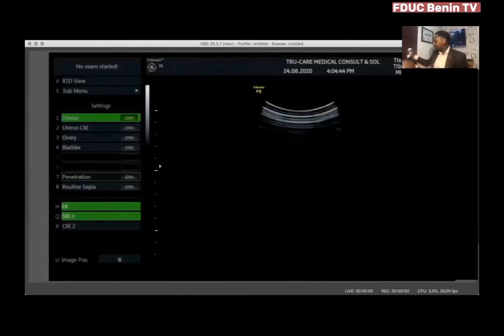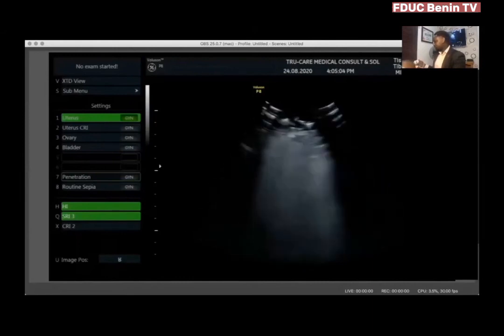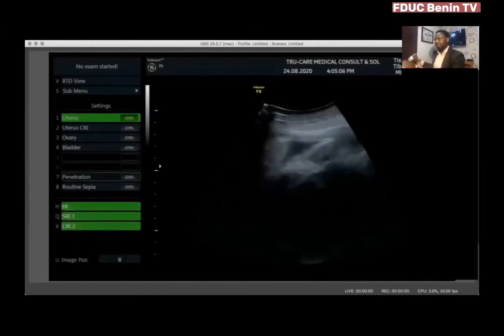So again, I apply a copious amount of gel. And like AO had told us, we're using a volume probe. This is not the regular probe. This is a volume probe, and it's heavier. So I would want to go ahead. We assume we've entered her details, and we want to go ahead with the scan. So at this point,